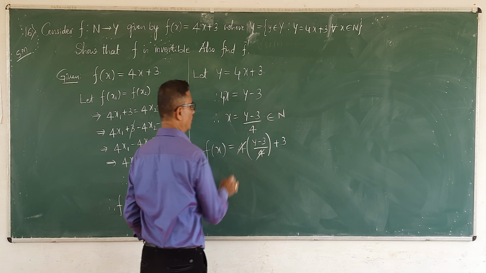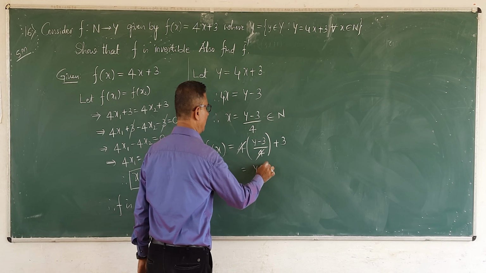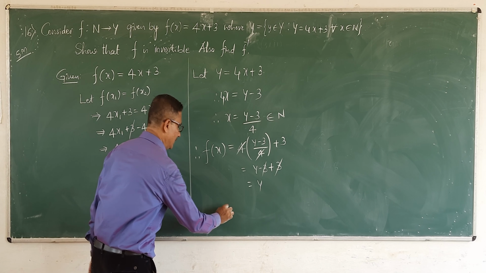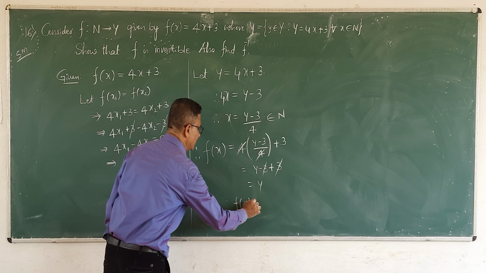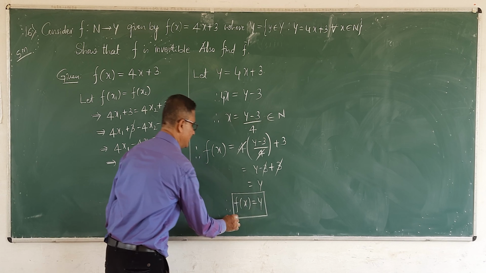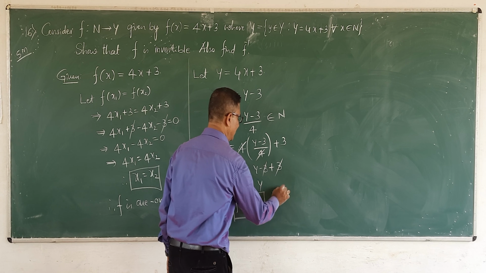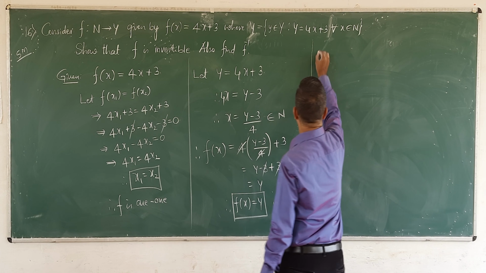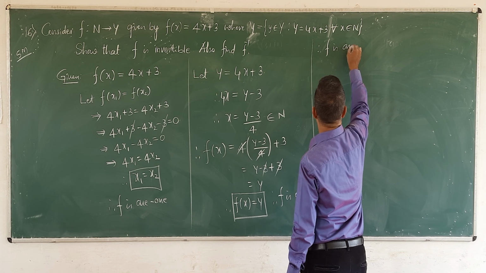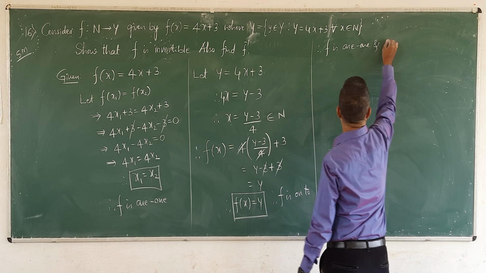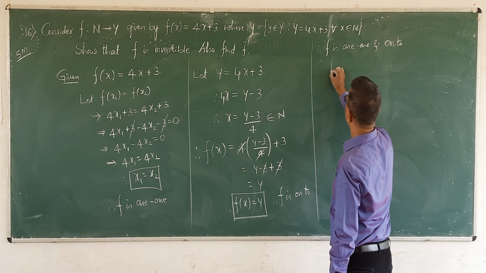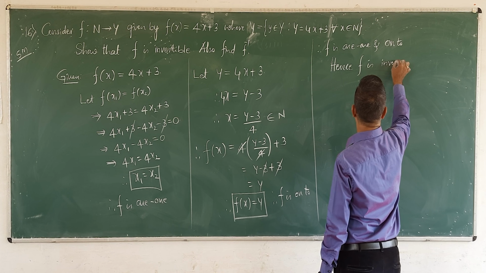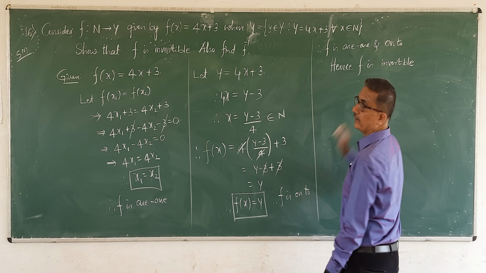Plus 4, minus 4 cancel, that is y minus 3 plus 3, minus 3 and plus 3 cancel, that is 1. Therefore, f of x is equal to 1. Codomain is equal to range. Hence, f is an onto function. Therefore, f is a 1-1 function. F is 1-1 and onto, that is bijective, hence the conclusion: it has an inverse. F is an invertible function. First part is over.